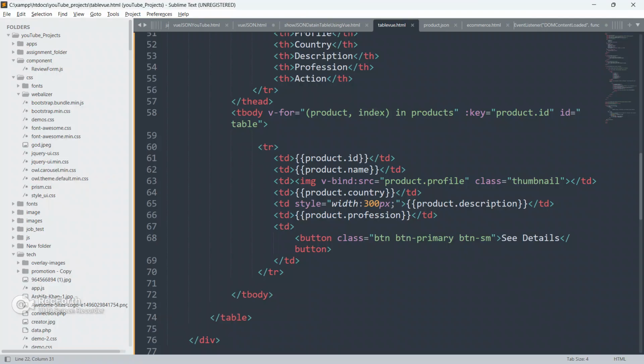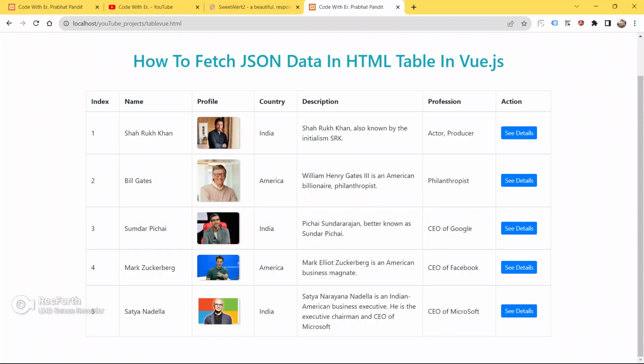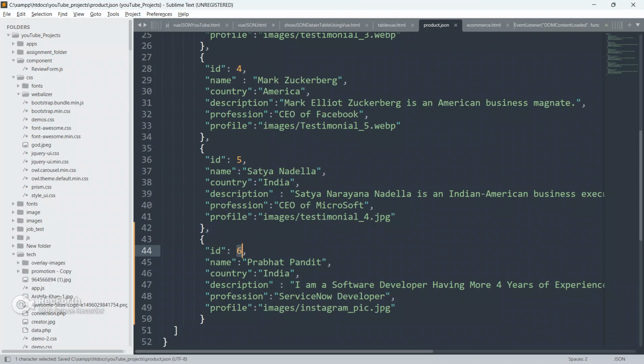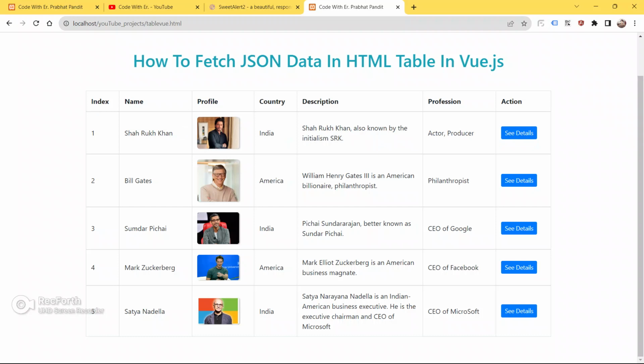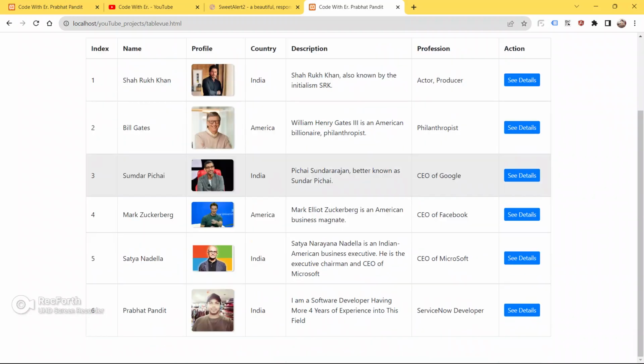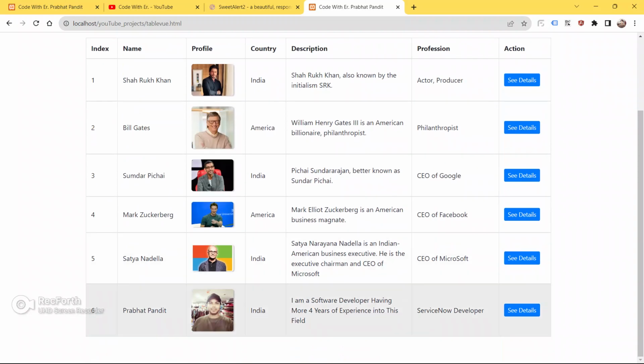Name is this, country is this. Okay, so product.json, and why guys, why is it not showing my image? It is showing only 5 elements. Why is it showing only 5 elements guys? So product.json, save your code, go to the browser and refresh your page, do a hard refresh. Yeah guys, now it is showing. We have to do some hard refresh also due to cache.